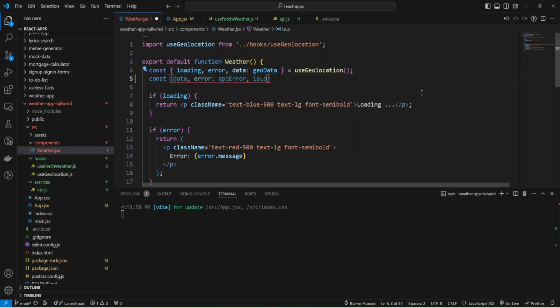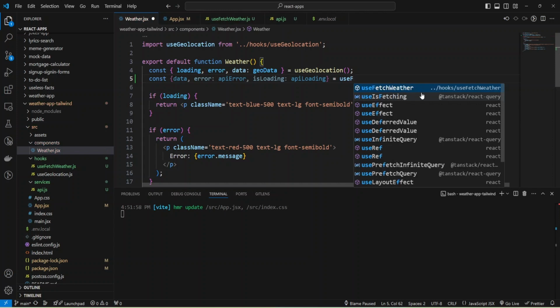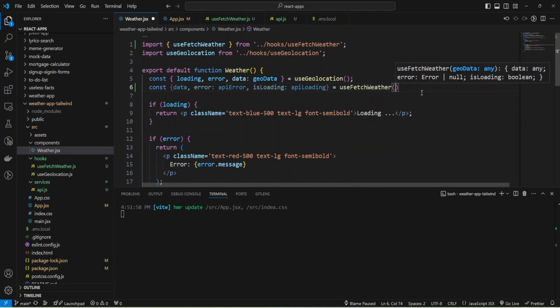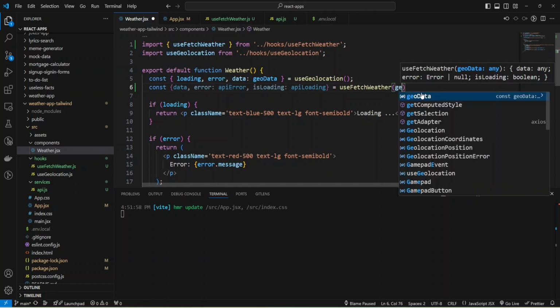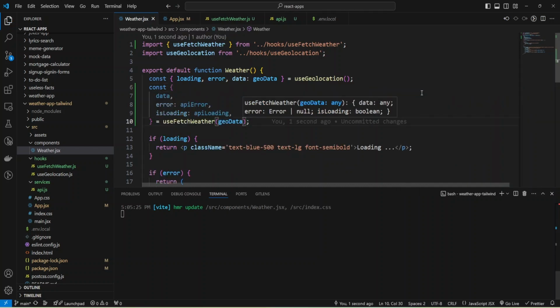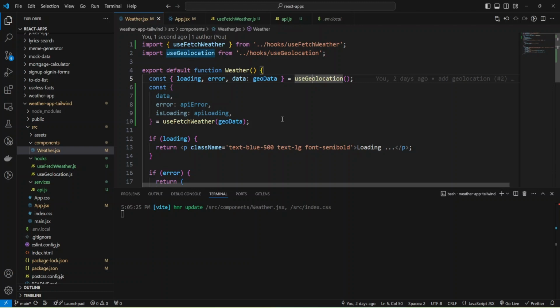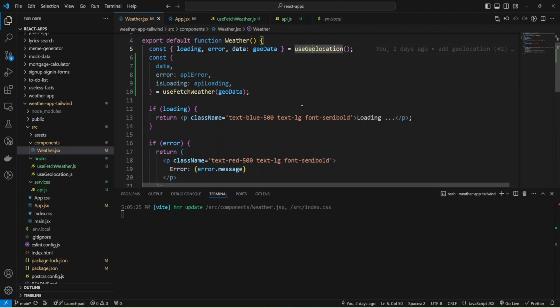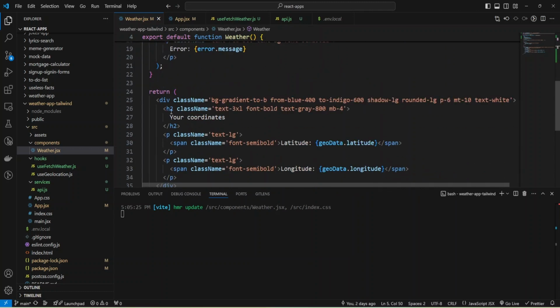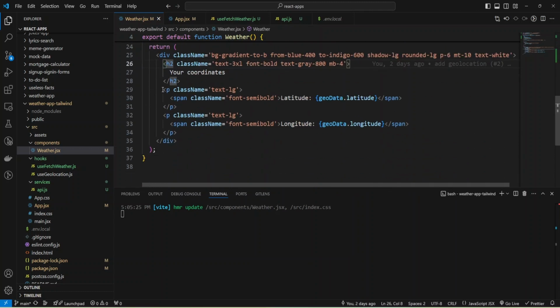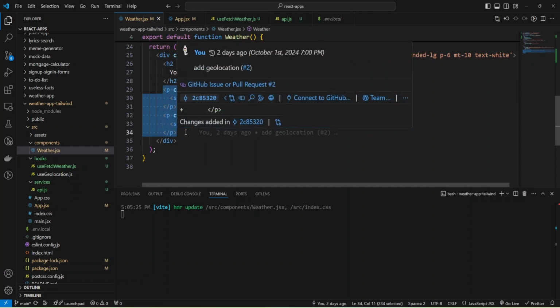So have isLoading, and I'll rename it to apiLoading. And now we can use our fetch weather hook and provide our geodata to it. And we have geodata from our useGeolocation hook. And let's add some code to it. I think I can remove this coordinates code from coordinates.